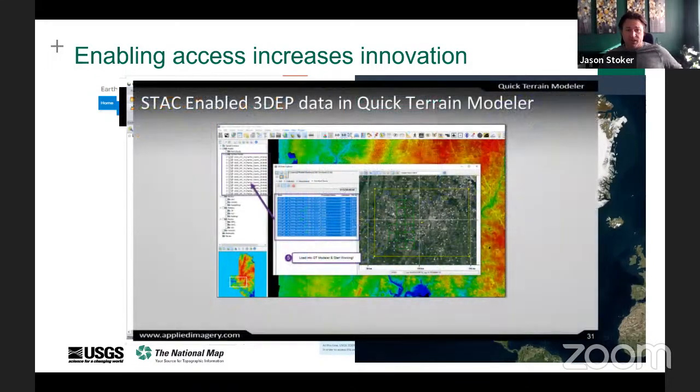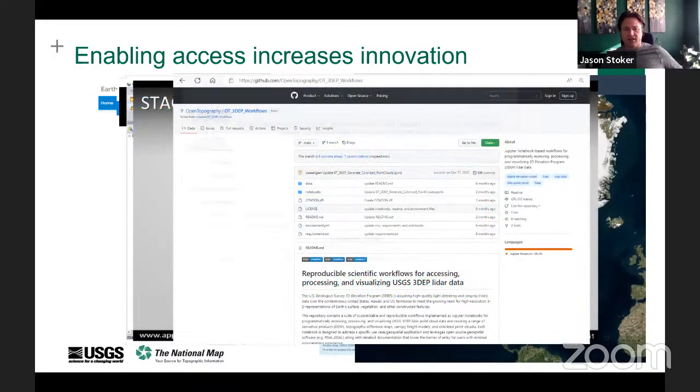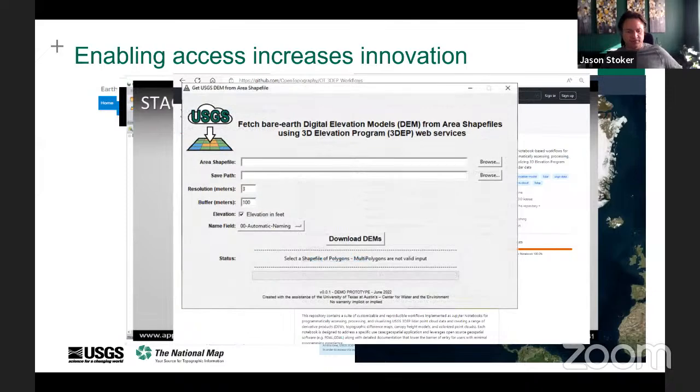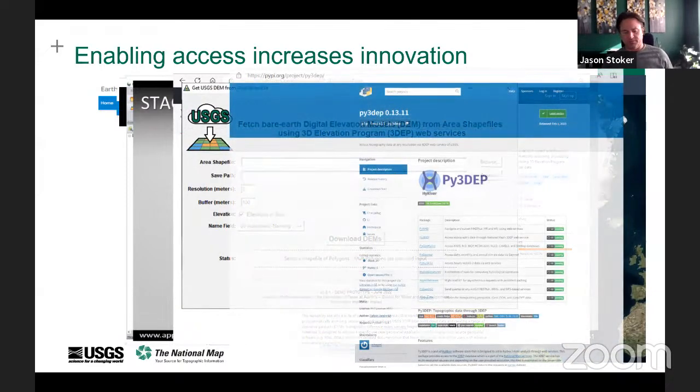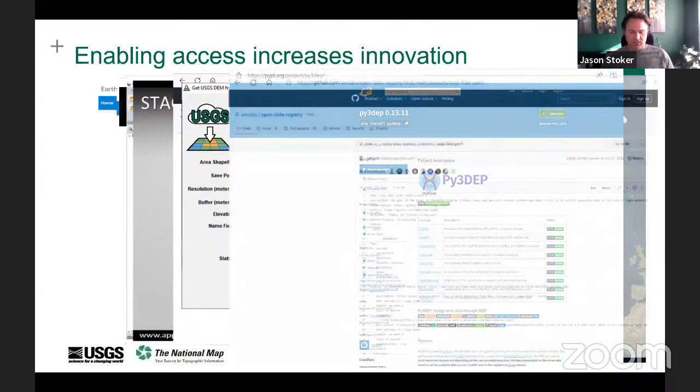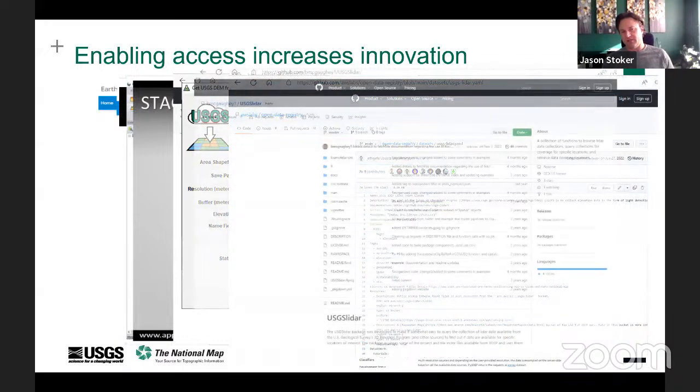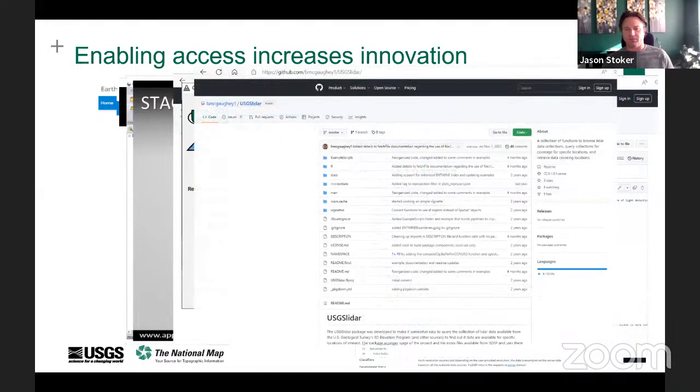But a lot of these innovations, like creating STAC catalogs, for example, or building streaming point clouds, none of these things would have been possible by 3DEP alone. It took outside people to see these resources, generate value added, and make the access and tools better than anything we could have done.